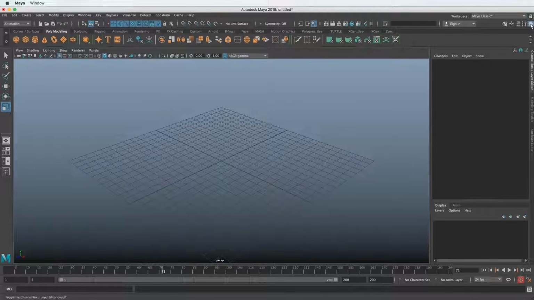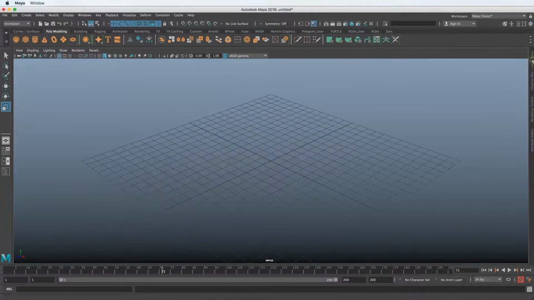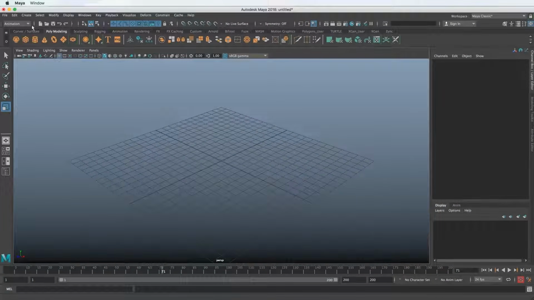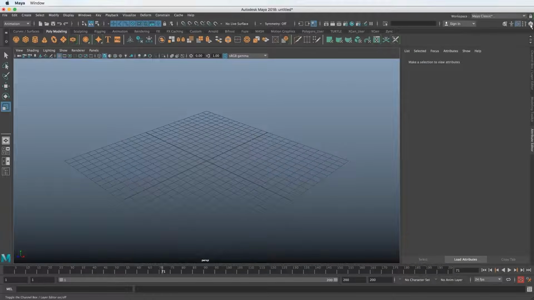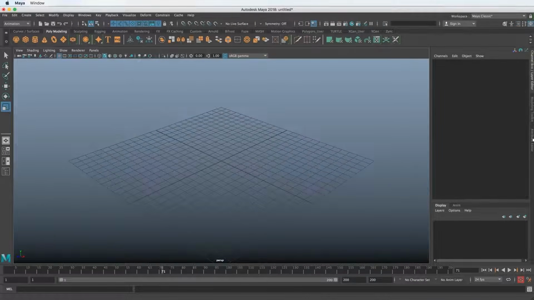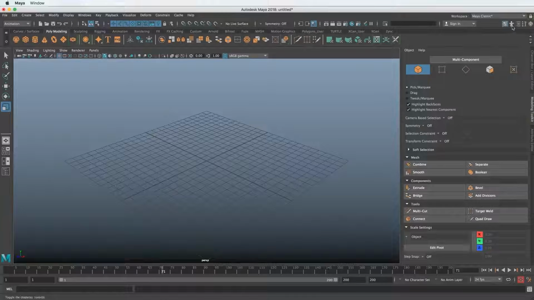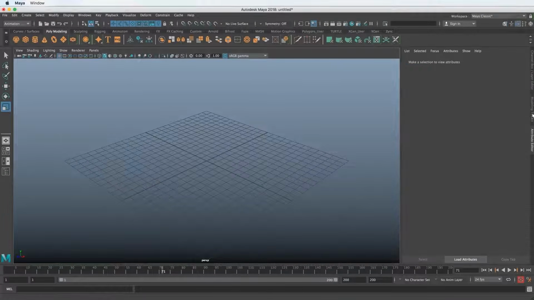But if you noticed here, this little button gets highlighted and unhighlighted as we're clicking it. So it's the same thing like we were talking about earlier with the Play Blast. It's just a different way to select menu options here. You can do it from up here, or you can do it from this tab. So you can see the modeling toolkit, we can go back to the attributes, or we could select over here.